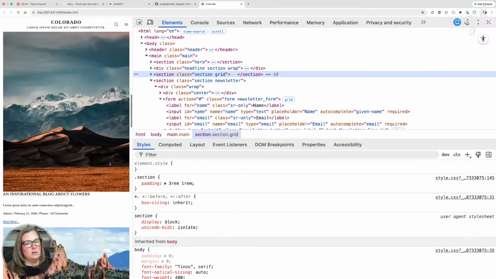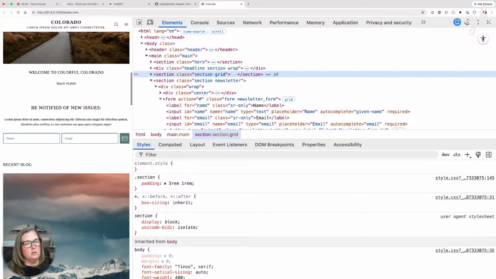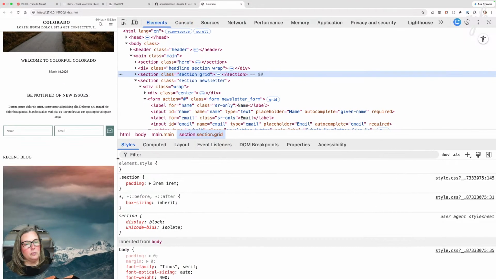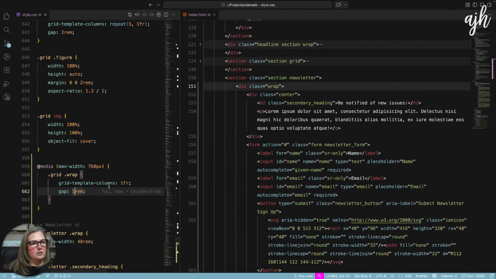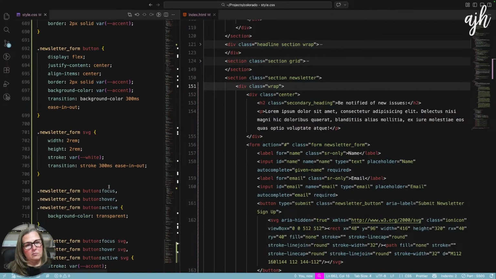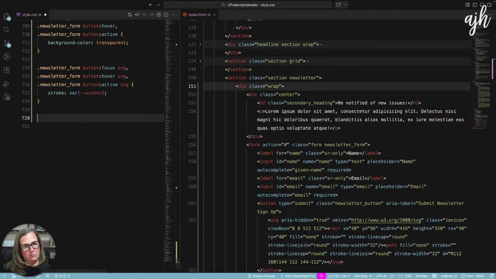So how long does this hold up for? I mean, this holds up pretty well even to like 600. So maybe at 600 we can change that. And we can adjust those later if we want to.